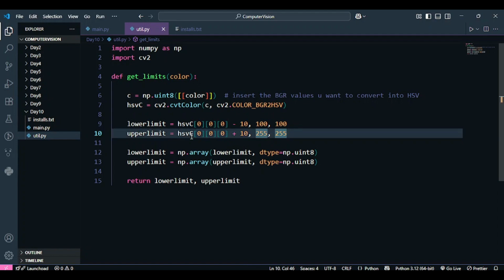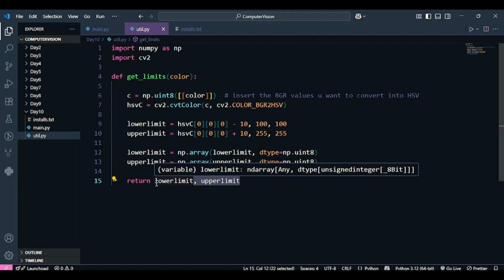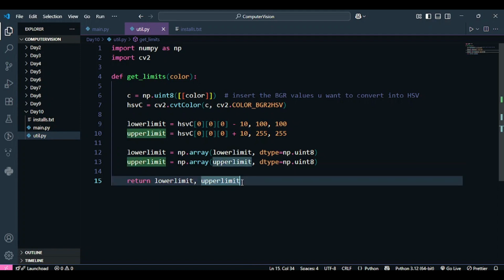Then we have converted the lower and upper limits into numpy arrays, and returned the two numpy arrays, the lower limit and the upper limit. So this function converts the BGR color pixel into the HSV color pixel, and then calculates the two limits for us, the upper limit and the lower limit.